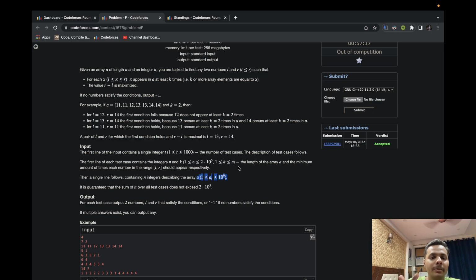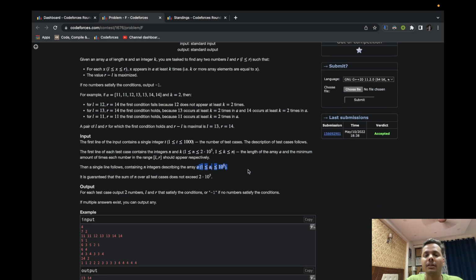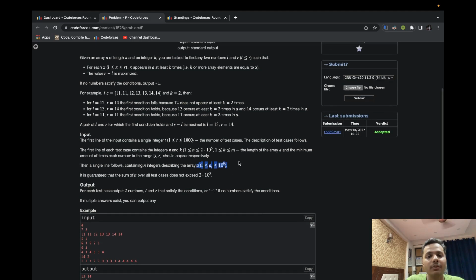that these elements are not present in the array, because they are similar to elements which are not present in the array. The only elements we are interested in are those whose frequency is at least k. When we have an element whose frequency is at least k, we say that this is an interesting element. Then we basically have all the elements, and we just need to find the longest length of contiguous elements here, right? By that, I mean we have to find the longest chain L and R such that all elements from L to R are special.